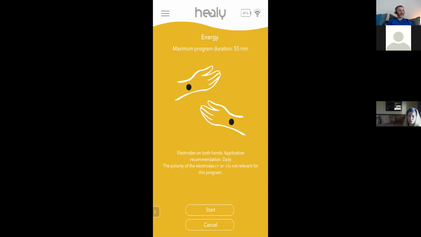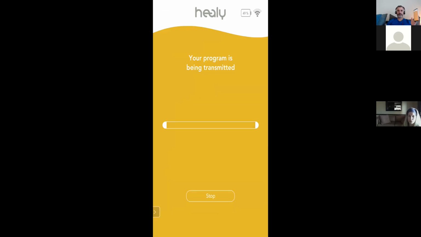So when I hit start, my phone is going to grab the program from the server in Germany, onto my phone and onto the device, okay? It's a large program, so it doesn't stay on my device or the phone. So when you're using the Pink app for all the microcurrents, it's going to load the programs onto your device and then it's going to run it.